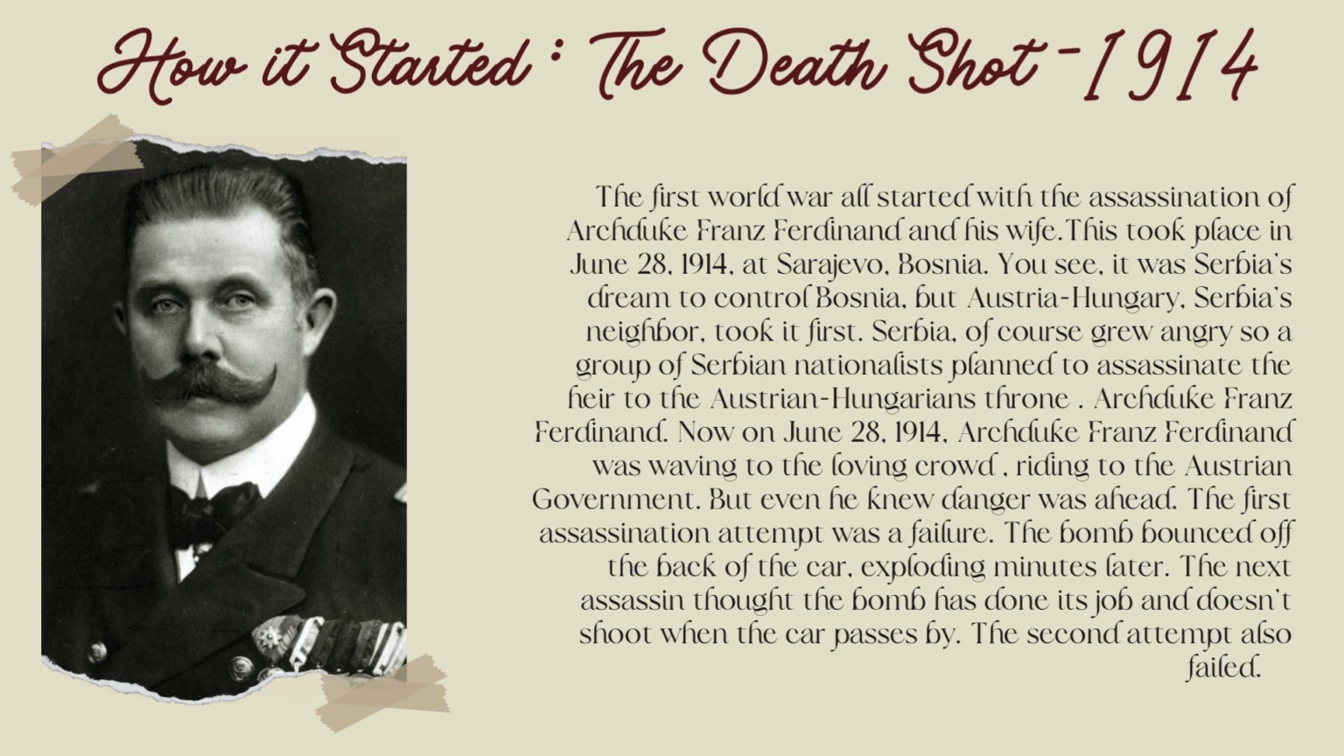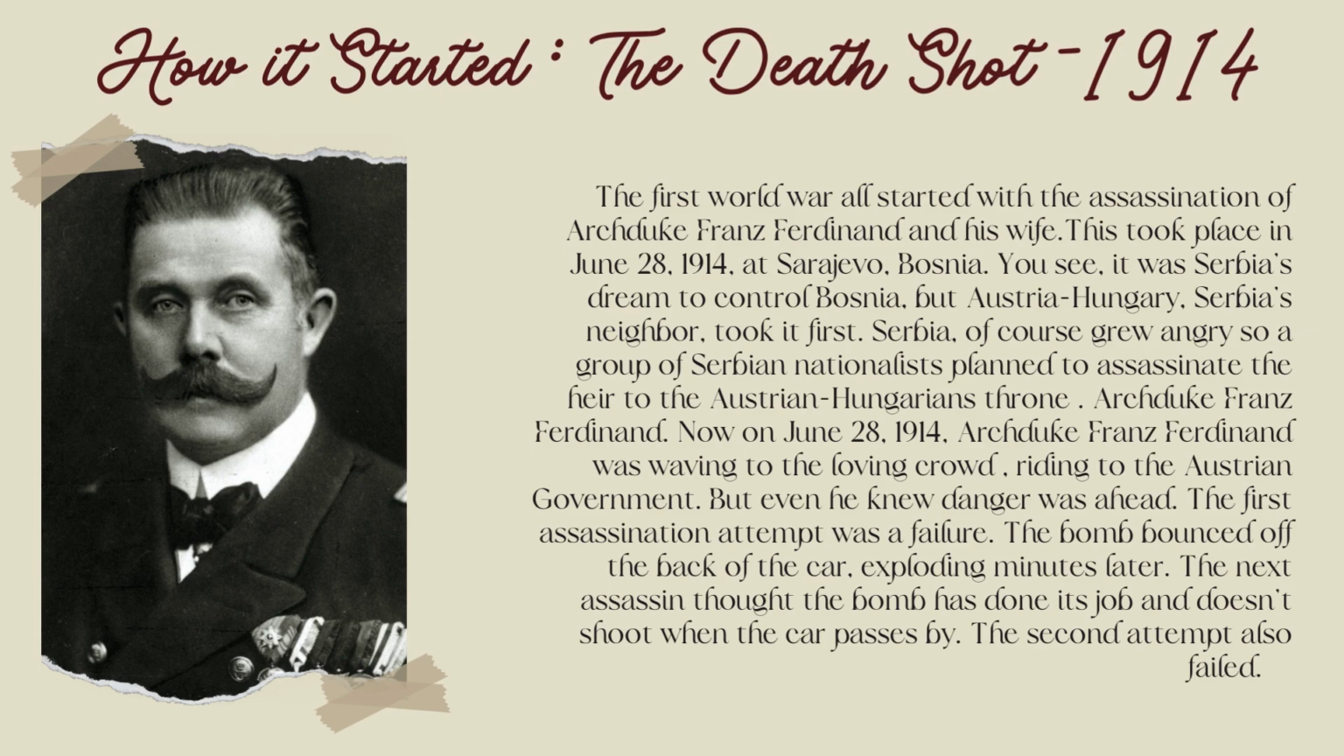How it all started, the death shot. The First World War all started with the assassination of Archduke Franz Ferdinand and his wife. This took place on June 28, 1914, at Sarajevo, Bosnia. You see, it was Serbia's dream to control Bosnia, but Austria-Hungary, Serbia's neighbor, took it first. Serbia, of course, grew angry, so a group of Serbian nationalists planned to assassinate the heir to the Austro-Hungarian throne,